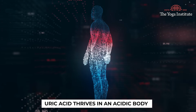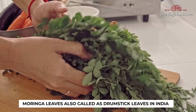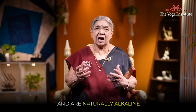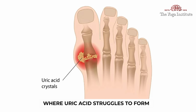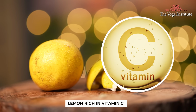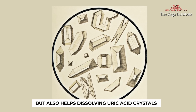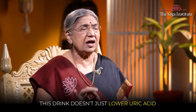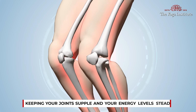Uric acid thrives in an acidic body. Moringa leaves, also called drumstick leaves in India, have over 90 nutrients and are naturally alkaline, creating an environment where uric acid struggles to form. Lemon, rich in vitamin C, not only alkalizes your blood but also helps dissolve uric acid crystals so that they can be flushed out more easily. This drink doesn't just lower uric acid, but it also floods your system with antioxidants, keeping your joints supple and